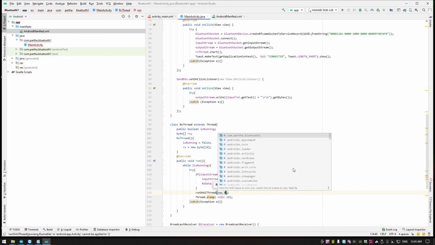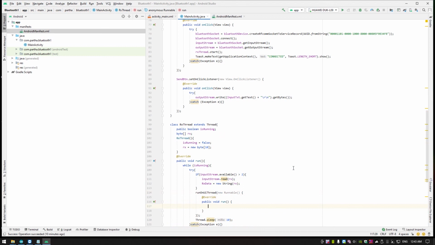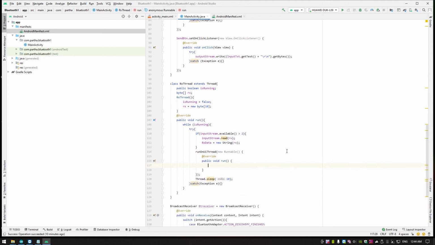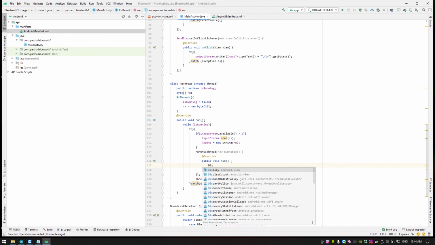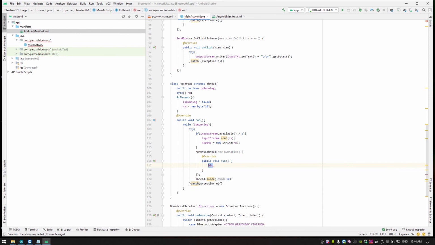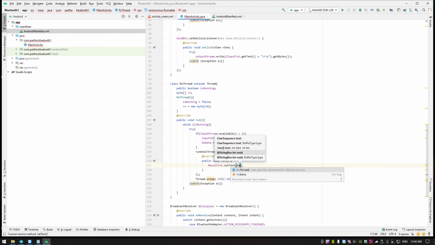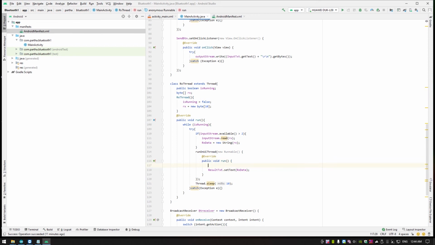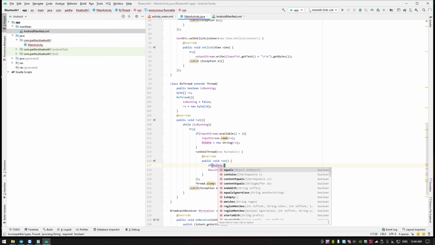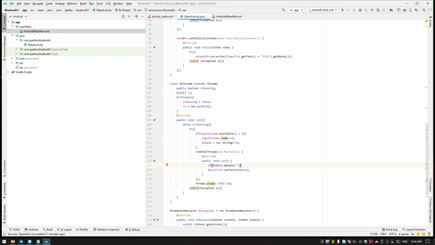It should update the display text, or result text dot set text, this Rx data. But it should not do it every time. You have to do some check here. If Rx data dot equals, if it is not empty, then update it. Then after that Rx data you can make empty.